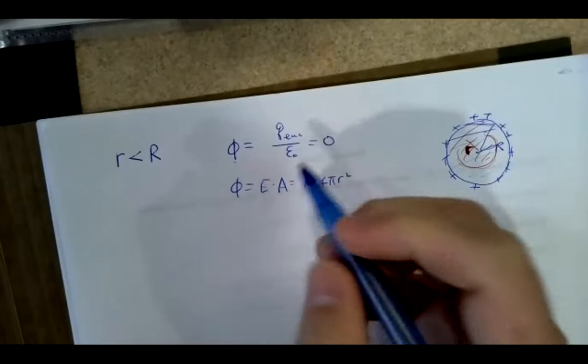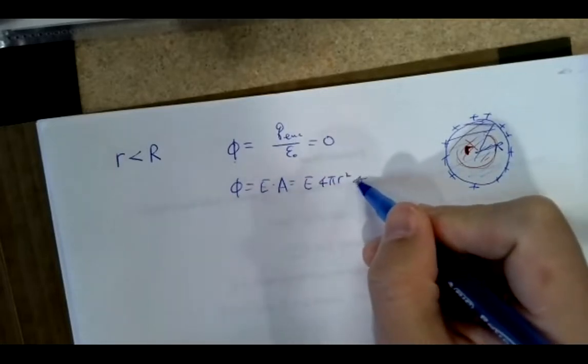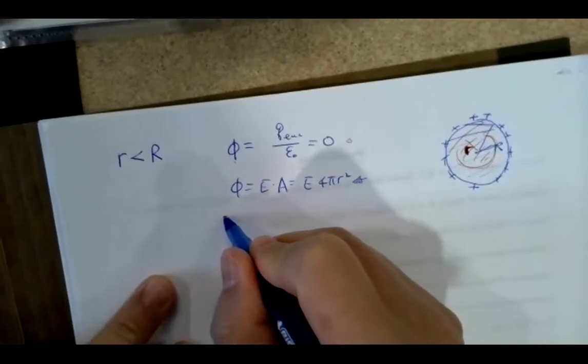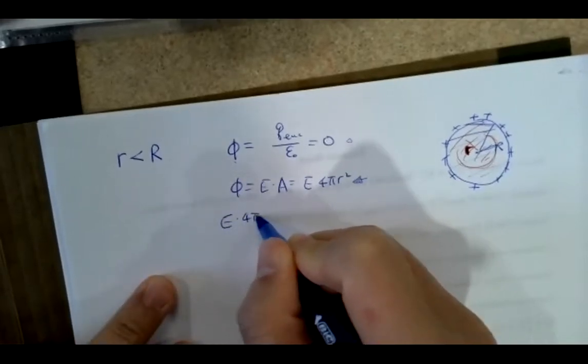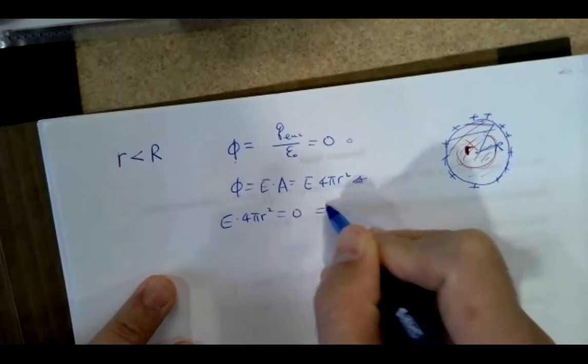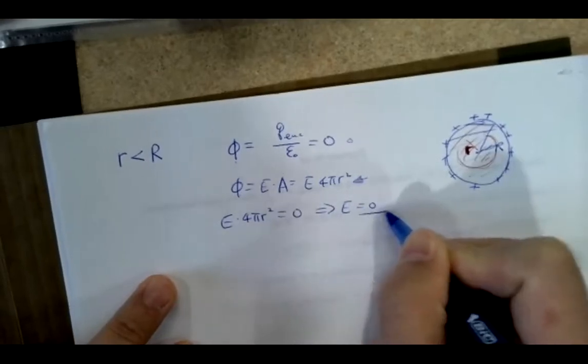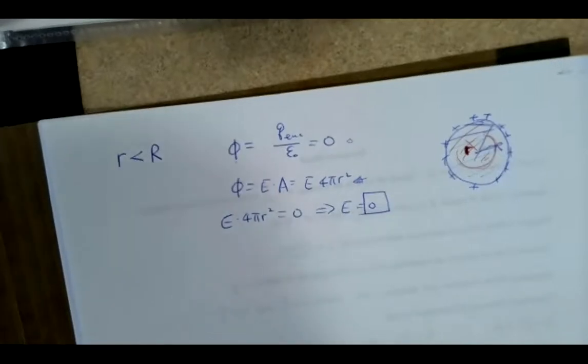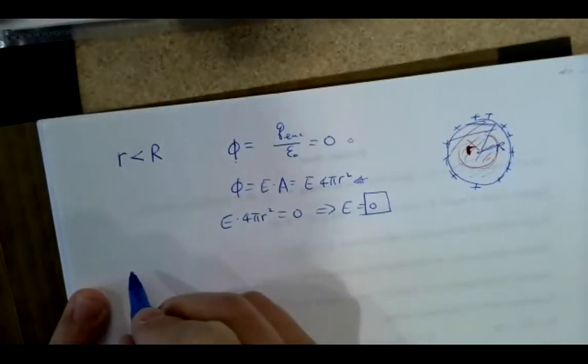So these two fluxes, calculated from the definition and from Gauss's law, should equal each other. So you set up E times 4 pi r squared equal to 0. That tells you the electric field should be 0 inside the shell, all right? And outside the shell,